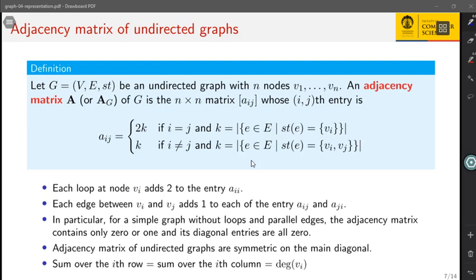Suppose you have undirected graph G with n nodes, phi1 to phi(n). Then the adjacency matrix of this graph will be an n by n matrix. Now the ijth entry, so the entry at the i, jth position, is aij, and aij is defined to be